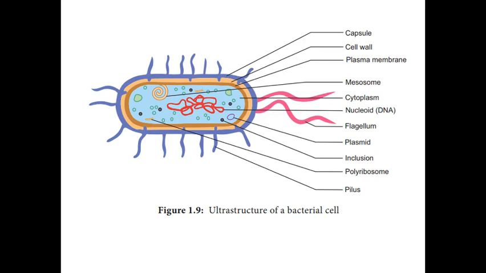So dear students, basically the bacterial cell reveals three layers: the capsule, the cell wall, and the cytoplasm. You can see here, this one is the capsule, this one is the cell wall, and this one is the cytoplasm. So actually these three layers cover each and every bacterial cell. Now we are going to discuss the first one, that is the capsule.